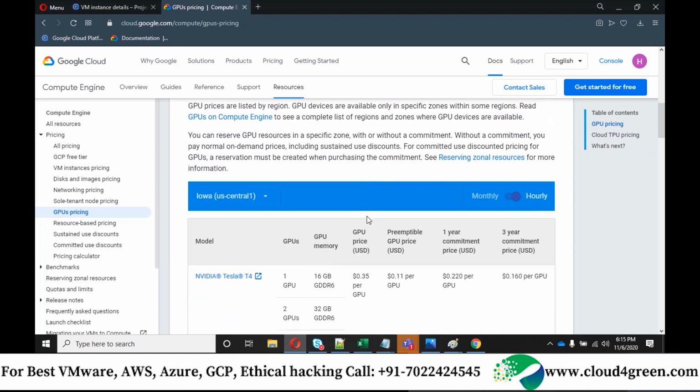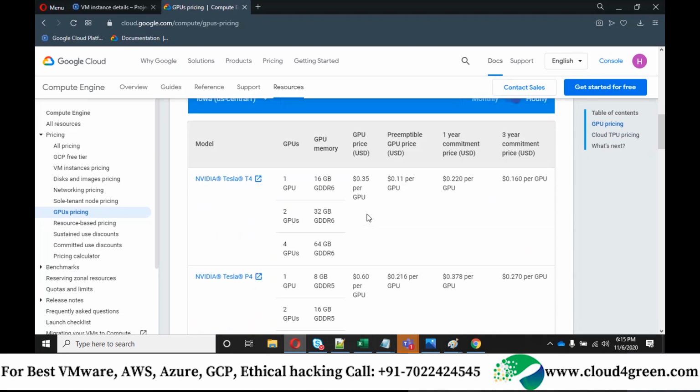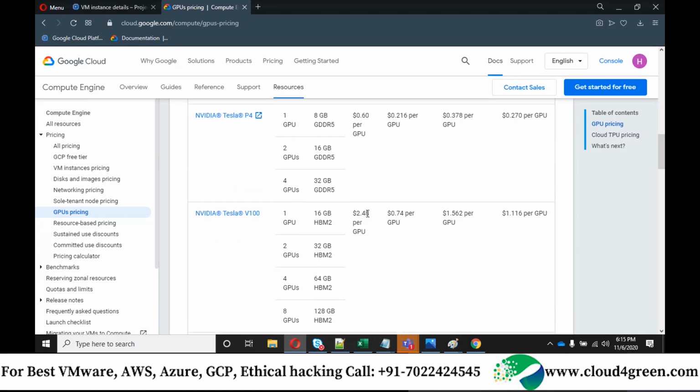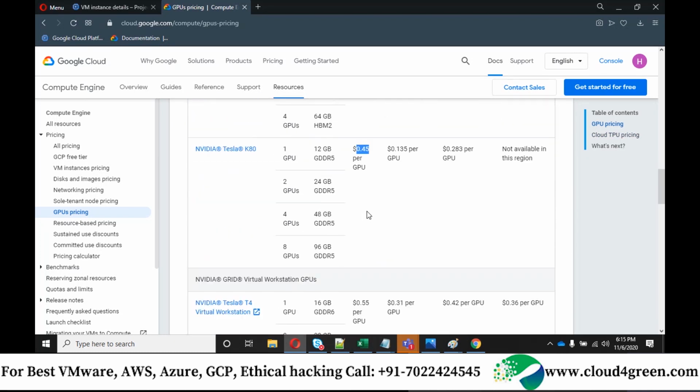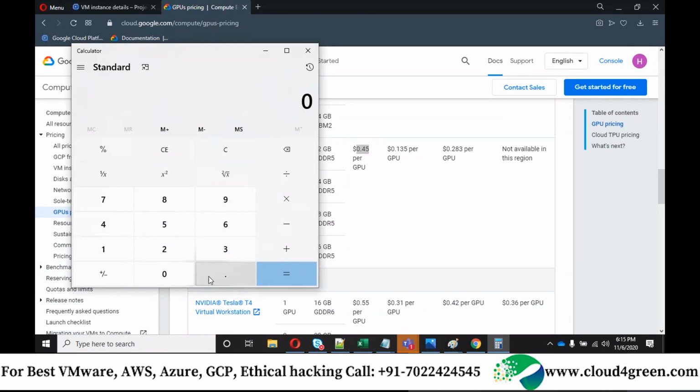This is the GPU price per hour. So it will be like 0.45, about 33 rupees per hour.